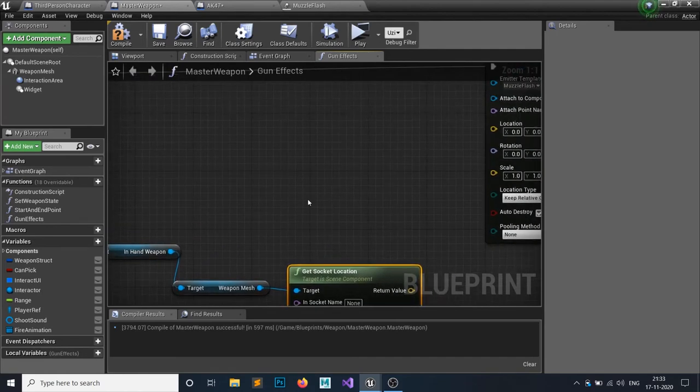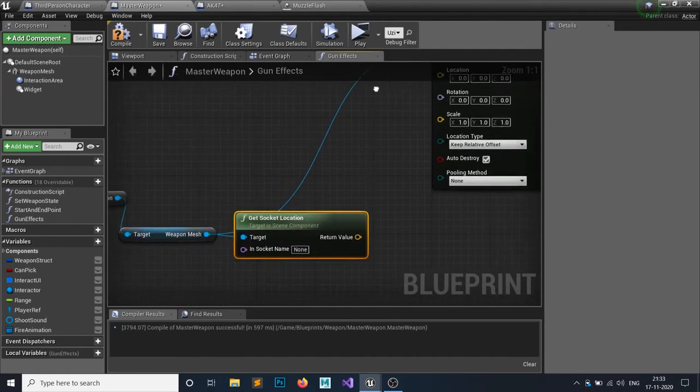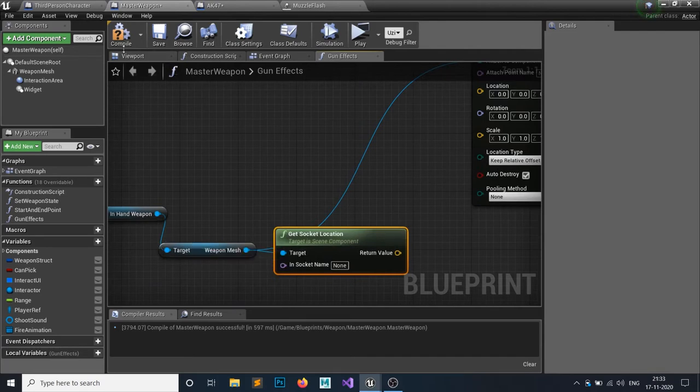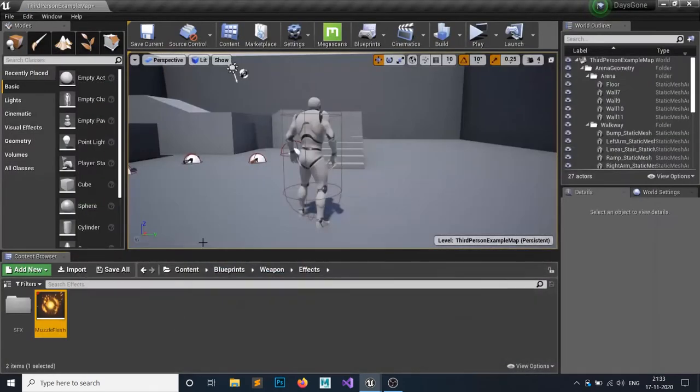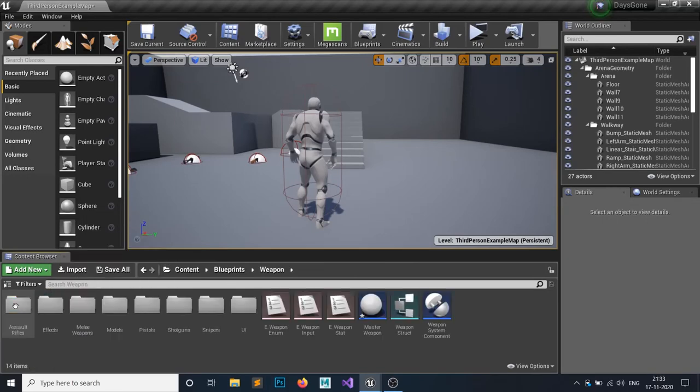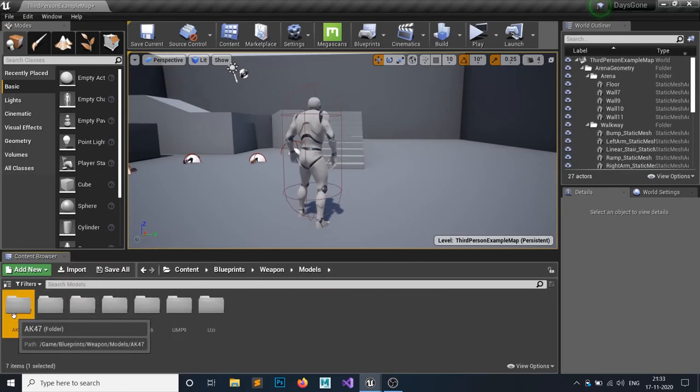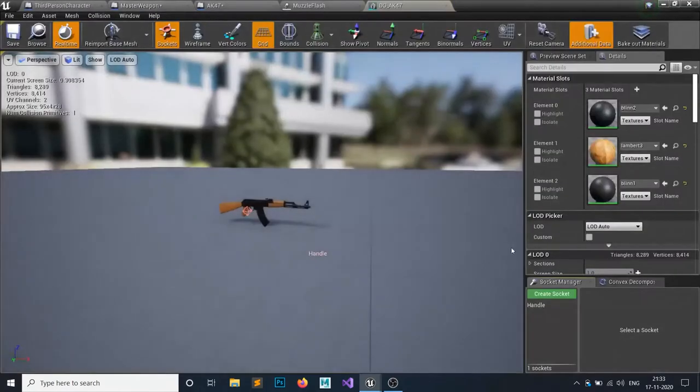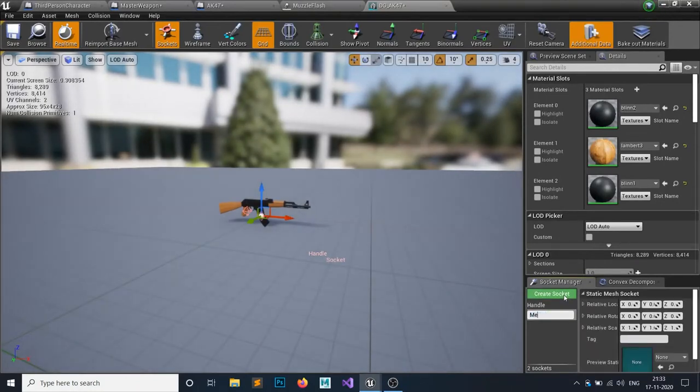We have the weapon mesh, right? So I want to attach my emitter to this weapon mesh. For the socket location I need to provide a socket, so let's provide a socket. In the weapon, in the models, in this gun, I need to provide a new socket. I will call it a muzzle.